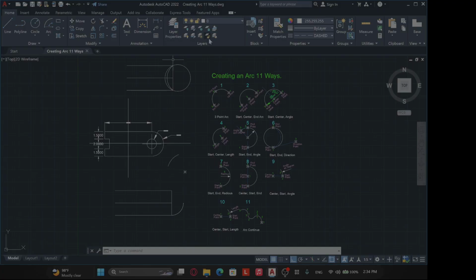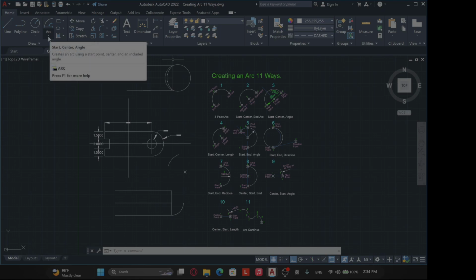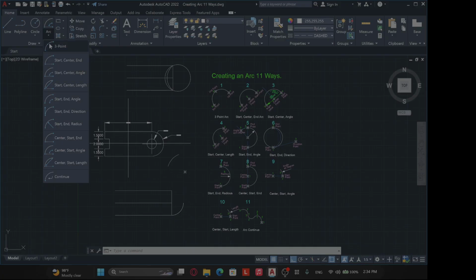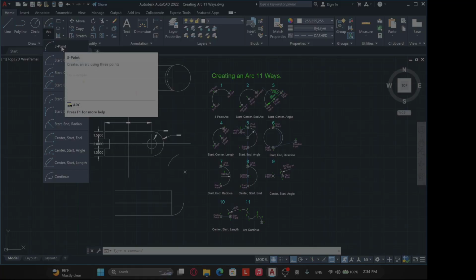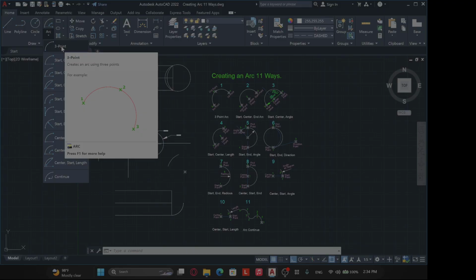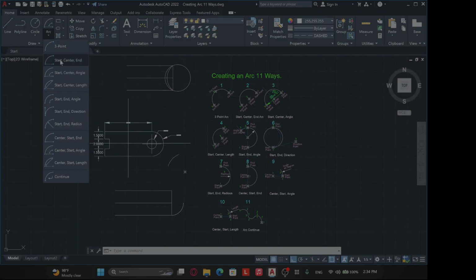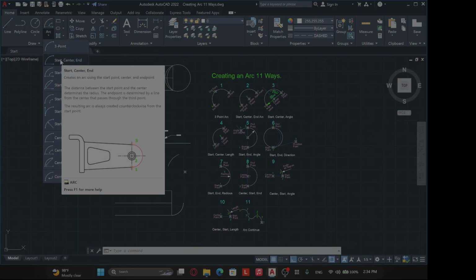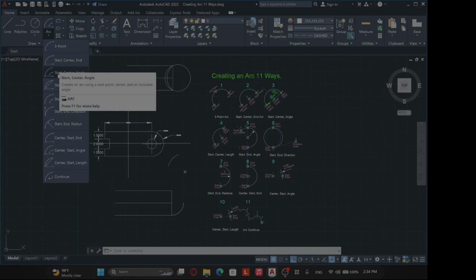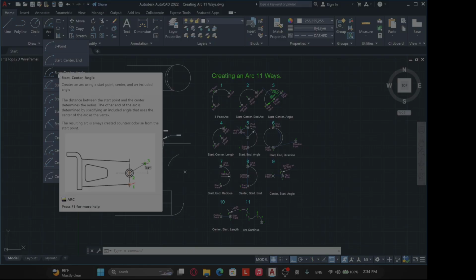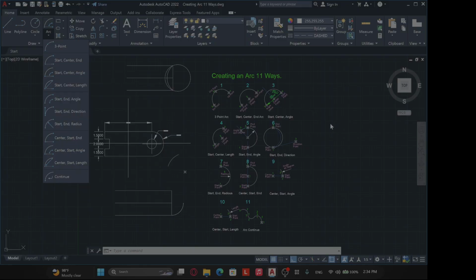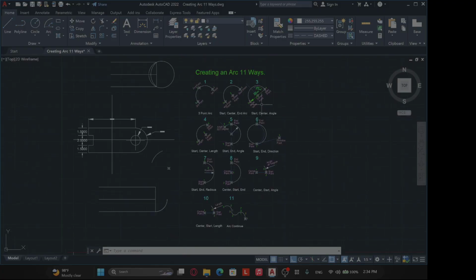So once you come to the toolbar, as you know, and click the arc option, it will drop down and show all 11 options. If you hold the mouse on each one for a few seconds, it will show a diagram to help you see how to create it. Each one shows one by one. For more explanation, we have also created a drawing. Before starting, we would like to create